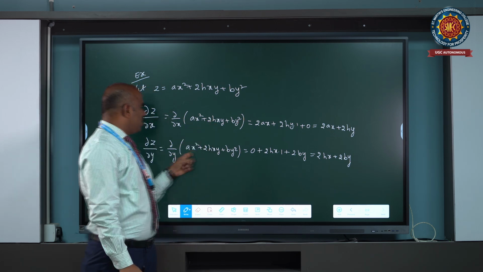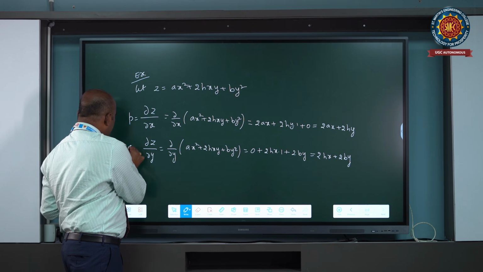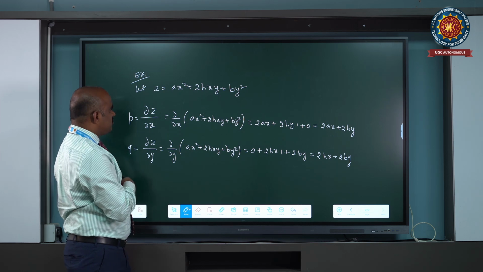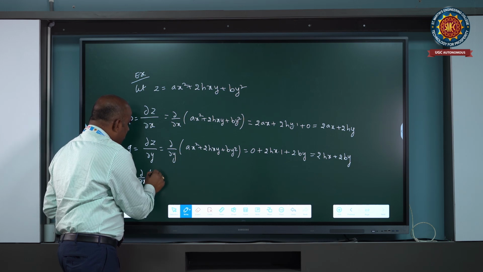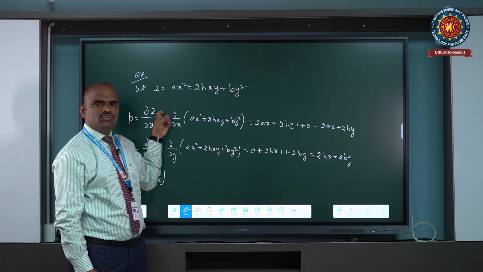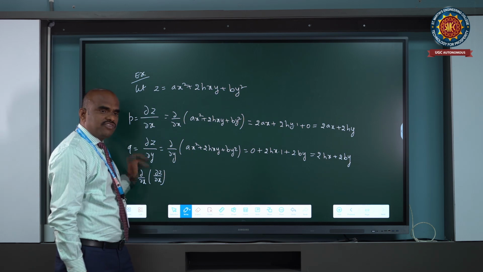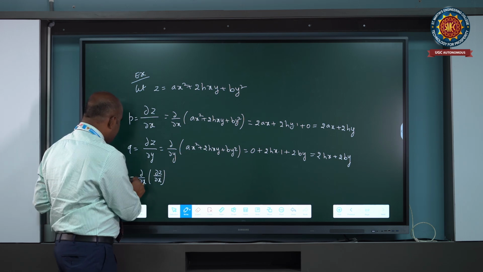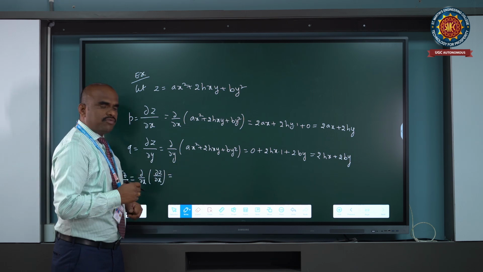These two are the first order partial differentiations of the given function. Here ∂z/∂y is denoted by q. Next, go for the second order partial differentiation. So that is ∂/∂x of ∂z/∂x. Already we evaluated ∂z/∂x with respect to x one time. Once again we are evaluating the partial differentiation with respect to x, that is ∂/∂x of ∂z/∂x, which is equivalent to ∂²z/∂x², that is equal to